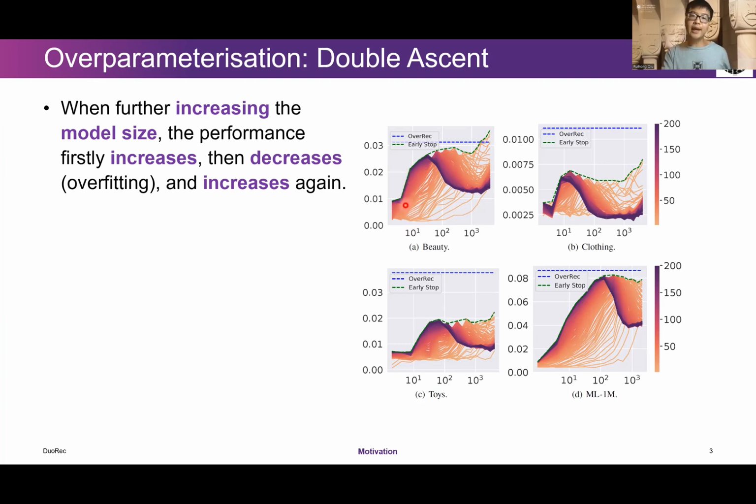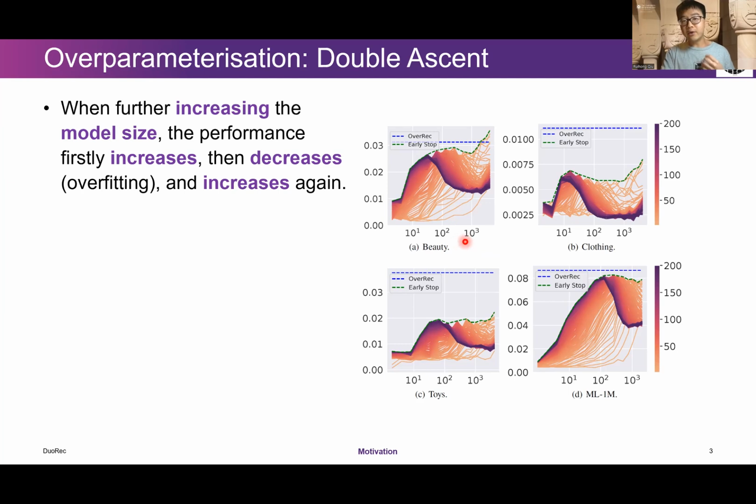We can see a trend here. The performance will first increase when we increase the model size, but it will decrease at some point. It will begin to decrease from here, and also from here, and from here. The model performance will begin to decrease.